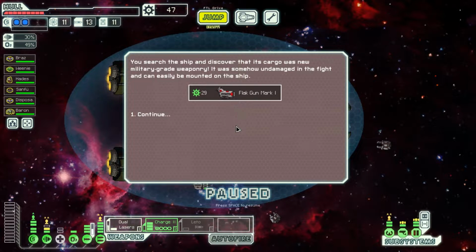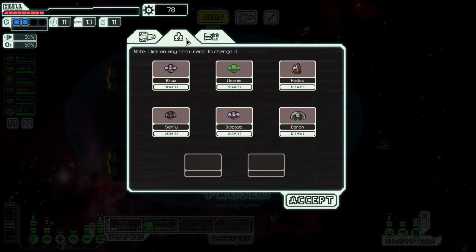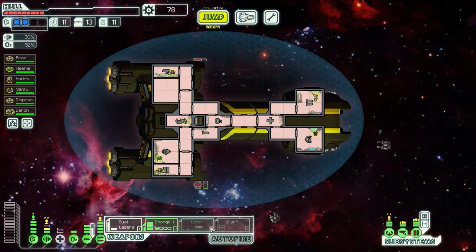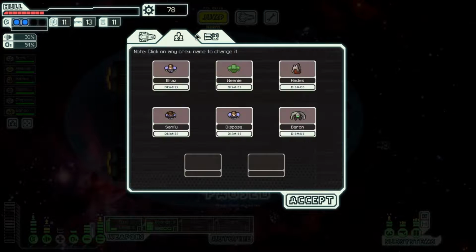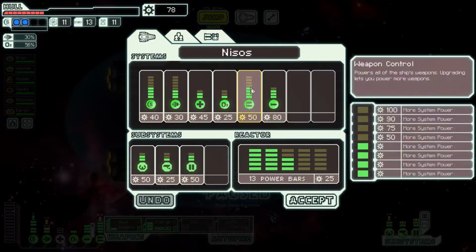Flak gun Mark 1. There we go. Its cargo was military-grade weaponry, and it somehow remained undamaged in the fight and can be easily mounted to the ship. Fantastic. What happens if you kill the crew on that ship? Do you have a better chance at getting the reward, the good payout? Because, dude, a flak gun is really freaking good. In fact,